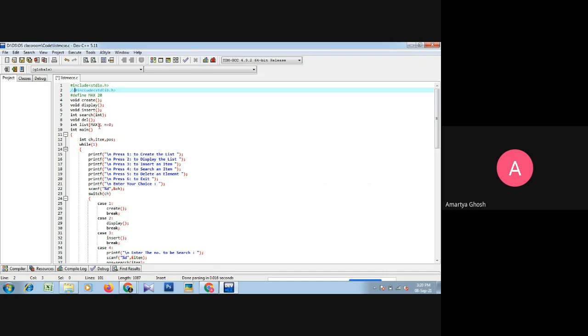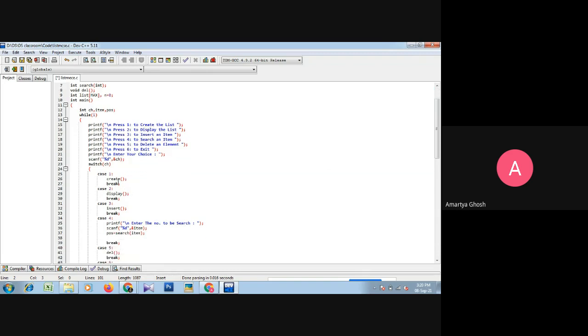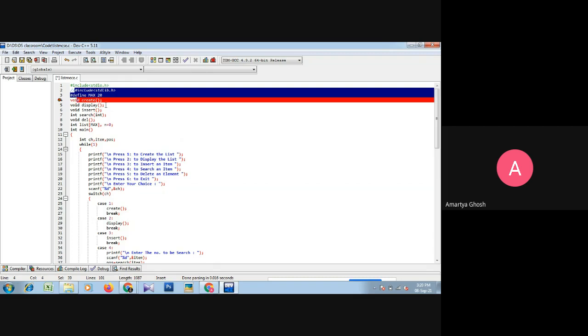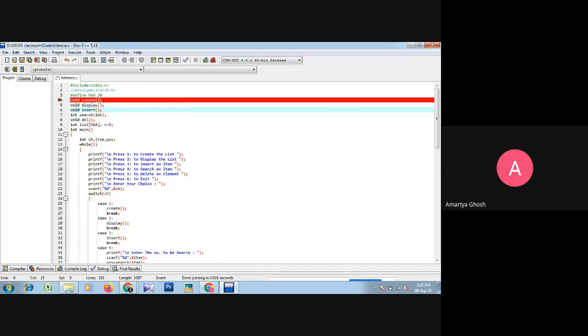First of all, each and every operation will be performed in a particular function. So what are the functions? These are the prototypes of all those functions: void create, void display, void insert, int search,